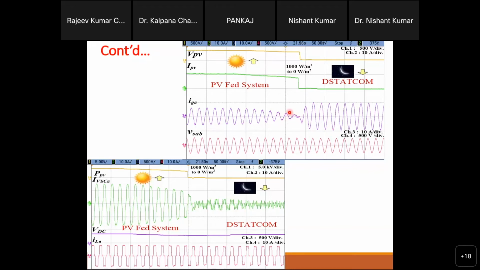Now consider this portion where the mode is changing. During the mode change, it is not a sudden change; it takes some time. Why is that? This is because of the DC link capacitors. When you are in PV grid connected mode, you are playing with big power, so the PV capacitor holds a huge amount of energy. But when you go to the other mode, you will play with a smaller power. At that time the stored energy on the DC link will discharge and support the system during the mode change.